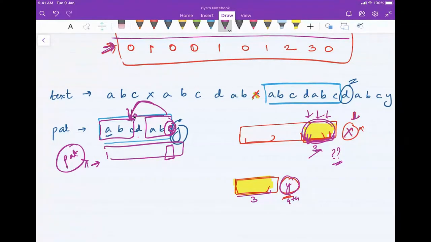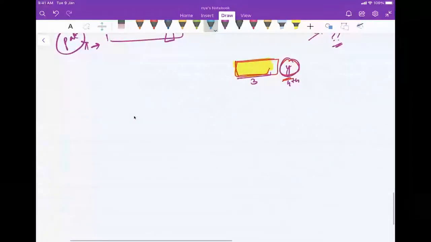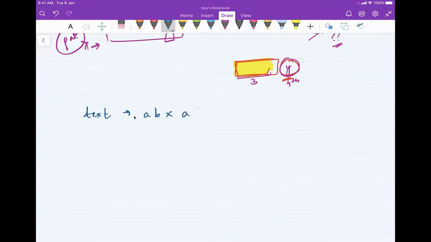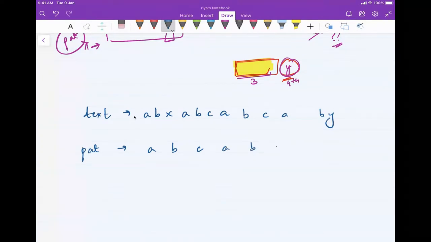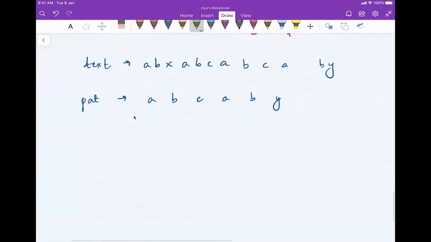Okay, again you are given a text, that is ABXABCABCABY. Let's take a smaller one this time, and we also have a pattern. Now the pattern is ABCABY. Correct? So now what exactly happens is, first